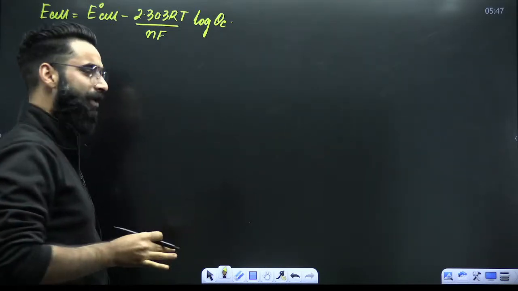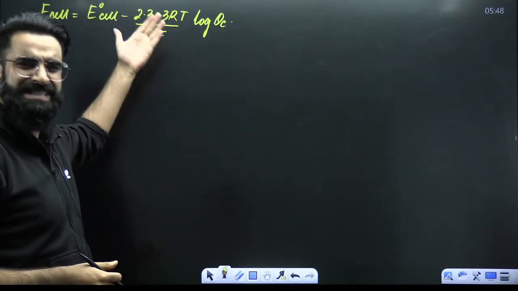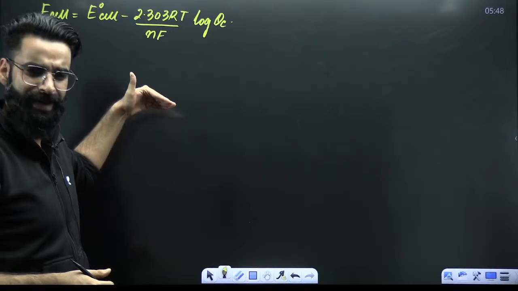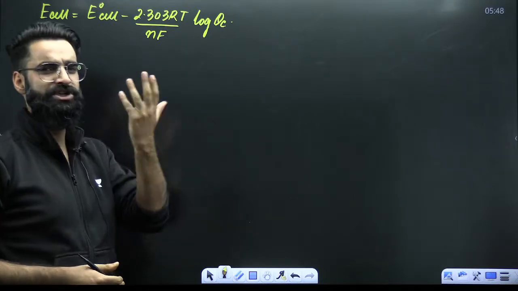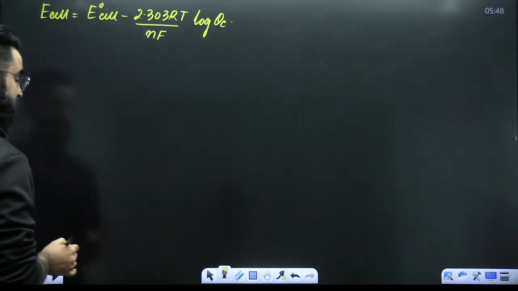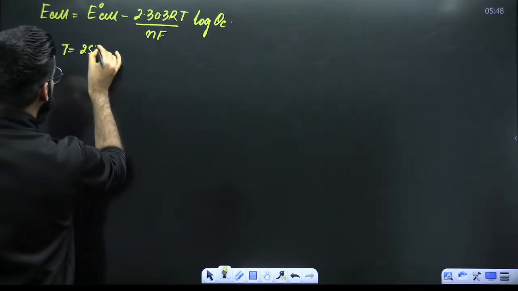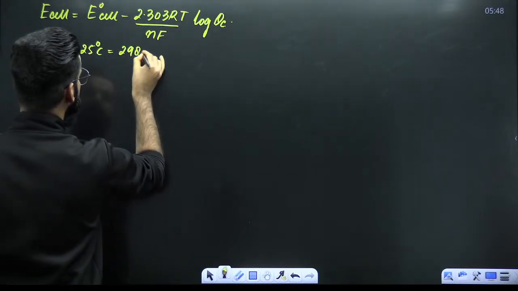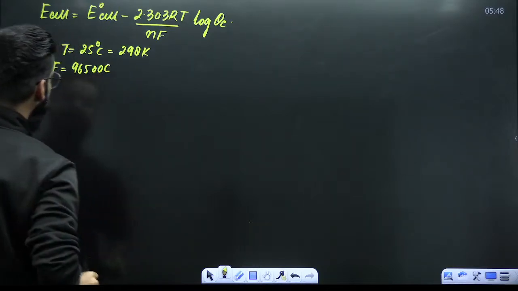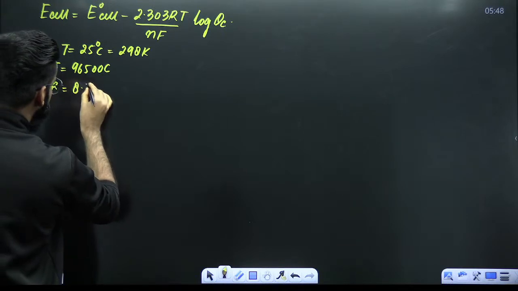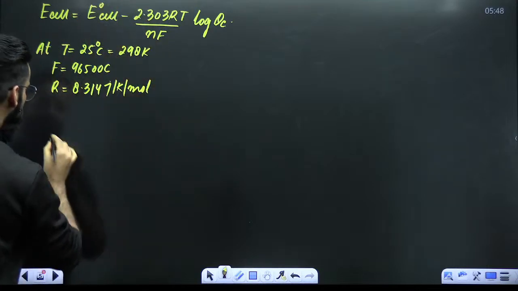Now, my dear students, in the questions, I'm not going to use this equation always. In the questions, I'm going to simplify this equation a bit, right? And after simplifying, we'll get one comparatively simple equation, and that simple equation we'll be using in the questions. And how do we get that equation? See, guys, if I keep the temperature as 25 degrees centigrade, which means 298 Kelvin, if I take the Faraday's constant as 96500 coulombs, if I take the value of R as 8.314 joules per Kelvin per mole, if I put all these parameters into the equation, what do I get finally?